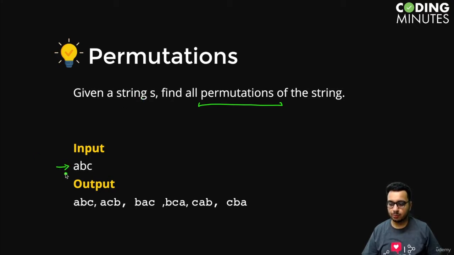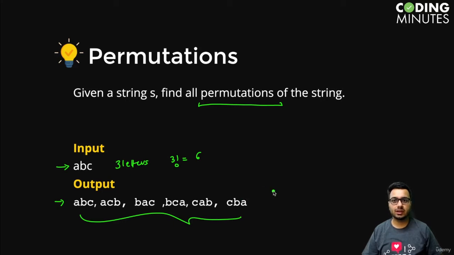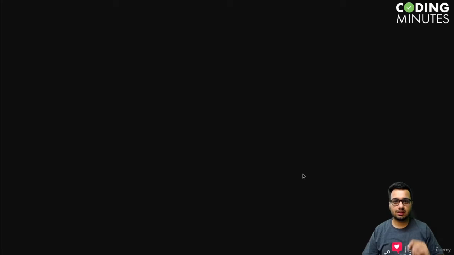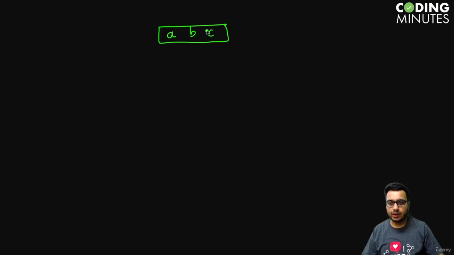So we are given this input and we know that this string has 3 letters, so we can form 3 factorial, that is 6 permutations. Okay, and we need to print all the 6 permutations that we can think of. So let's see how we can solve this problem. So let us say we have this input string abc,